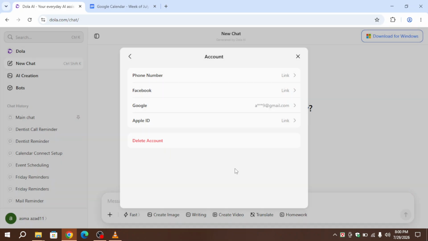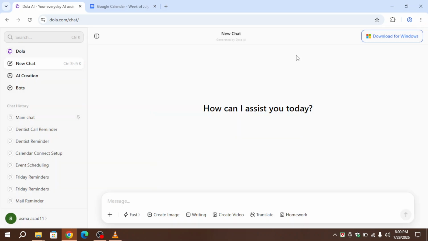And that's how to share your calendar with Dola AI. Once your calendar is connected, Dola AI can help you organize your schedule, manage reminders, and reduce scheduling conflicts more